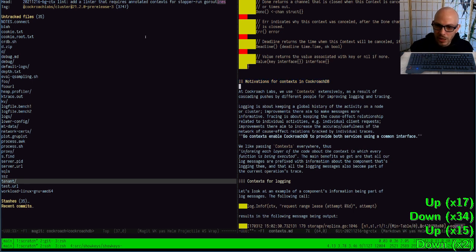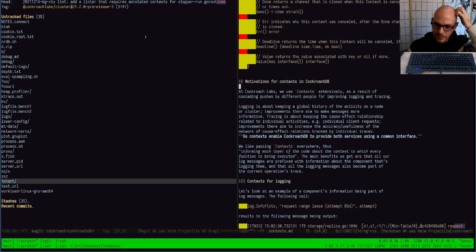Motivations. At CockroachDB, we use context extensively as a result of cascading pushes by different people for improving logging and tracing. Logging is about keeping a global history of the activity on a node or cluster. Improvements there aim to make messages more informative. Tracing is about keeping the cause-effect relationship related to individual activities, for example, individual client requests. Improvements there aim to increase the accuracy or usefulness of the network of cause-effect relationships